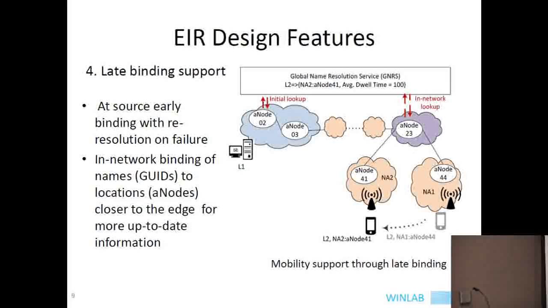That is what is shown here. There's an initial lookup at L1, who wants to send data to L2, and it keeps sending it towards the destination. At some point, if you are very accurate, it can be the exact point, right here, which is a very idealistic scenario, you can do another lookup and you can change directions. But the late binding support along with the GNRS is a key point where you prevent situations like the one you were mentioning.